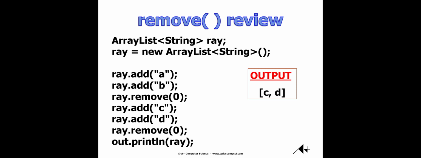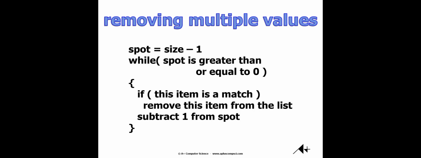It would get rid of the A. B would slide down to 0. I would then add C and D. I would remove 0 again, which would get rid of the B, and leave C and D, which would have shifted down to position 0 and 1. So the key with the remove method is it gets rid of the value, decreases the size, shifts everything towards 0. So you got to keep that in mind, because now what we want to do is